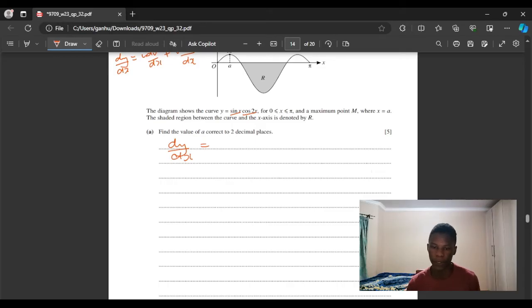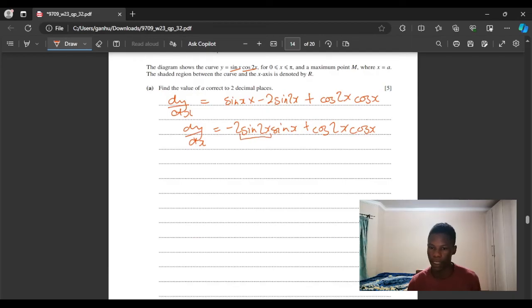So let's do that. Let's start with sin x times, if you differentiate cos 2x, you get -2 sin 2x, plus cos 2x times the derivative of sin x, which is cos x. So dy/dx is equal to -2 sin 2x sin x plus cos 2x cos x. And let's expand sin 2x and cos 2x using double angle formulae. So -2 times 2 sin x cos x times sin x,